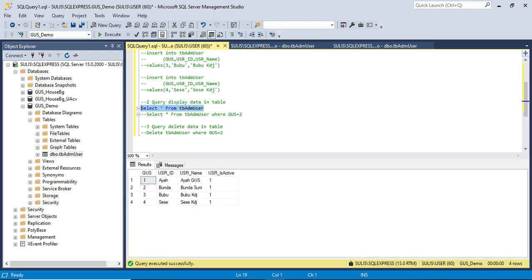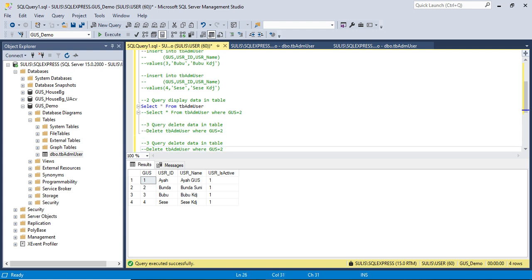Now, what if I want to update data in my table? I want to change the data. To change data, the keyword is update.